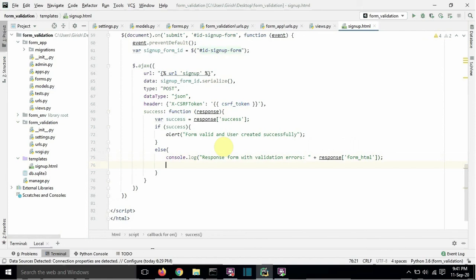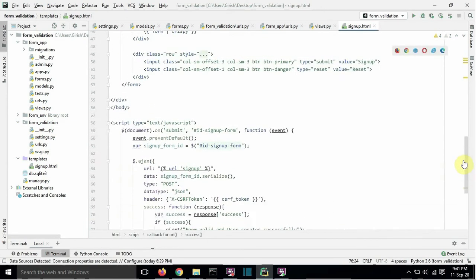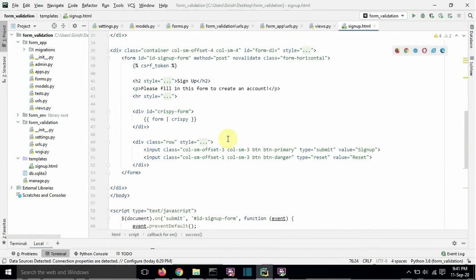Now type here dollar, here we need to replace only this crispy form, not other elements of the form.